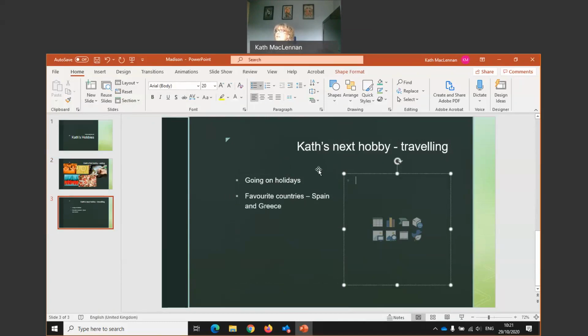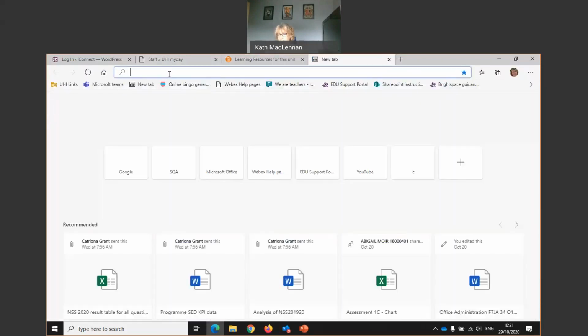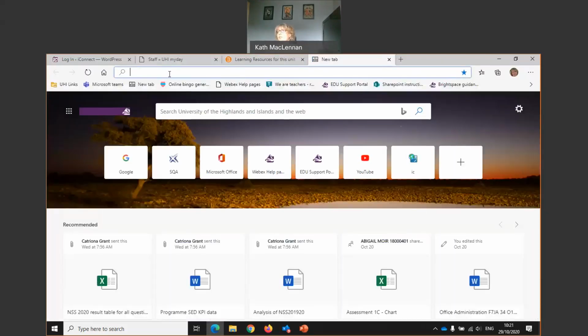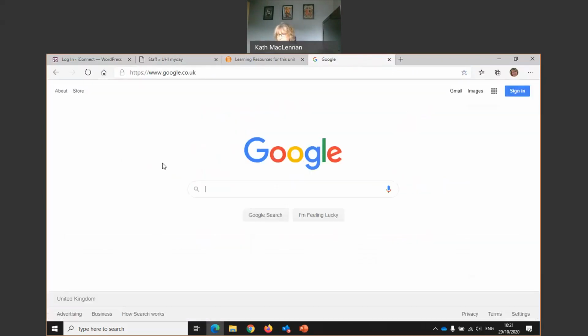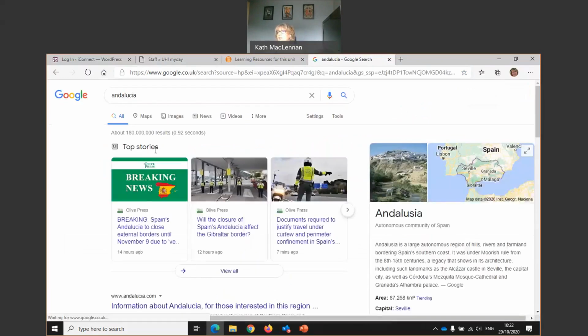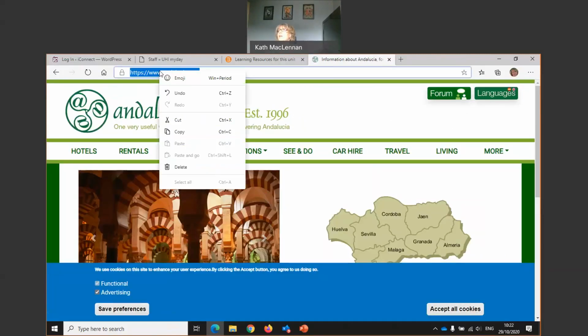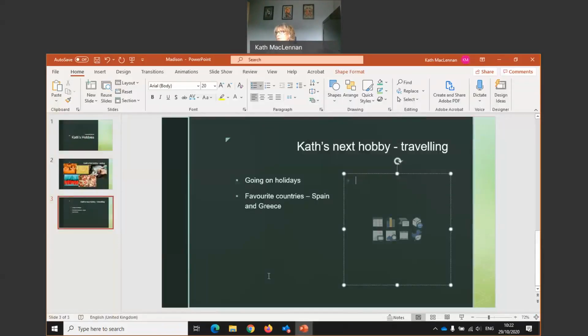Okay, so if I want to insert a hyperlink, first things first, I would find a website that I want to insert a website or a file. So I'm going to Google search. I'm going to look for Andalusia, Greece. Okay, let's see. Let's use this website, andalusia.com. So I'm going to copy this web address here, and I'm going back into my PowerPoint, and I'm going to put in here Andalusia. There's different ways of spelling it. Okay. Highlight this, and I want to